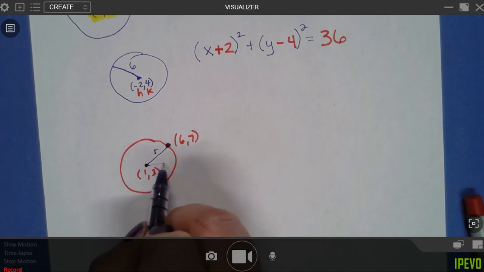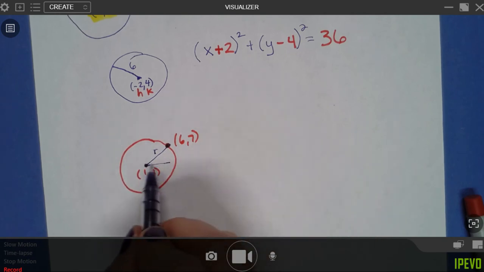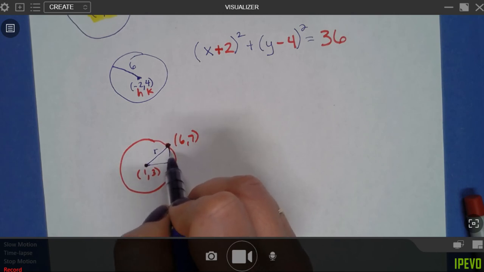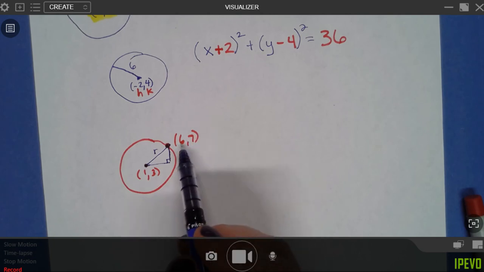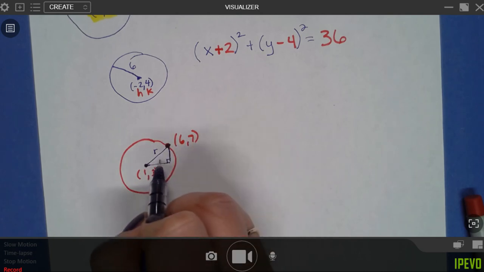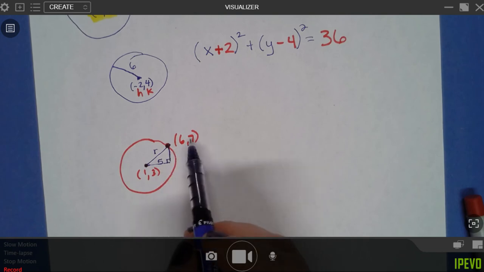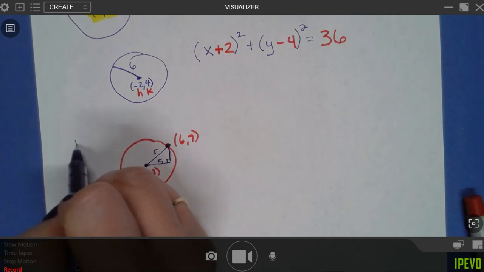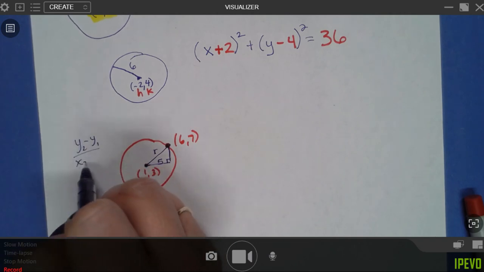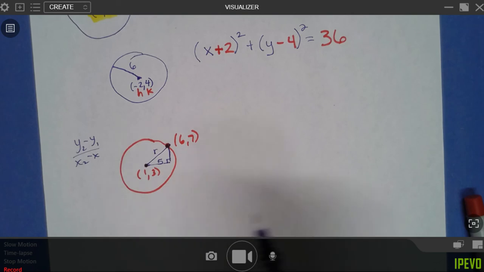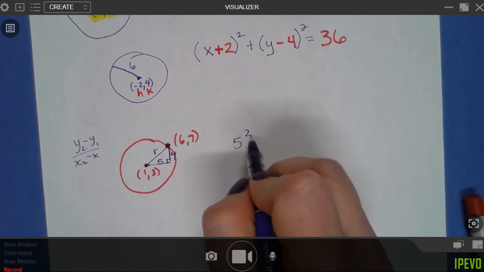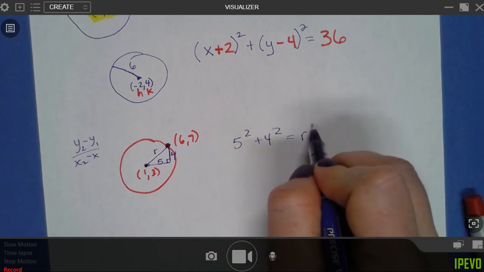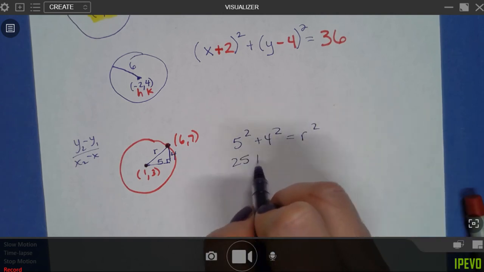You could say, what's my horizontal change? Because I could build that right triangle off the horizontal change and the vertical change. So to find the horizontal change, 6 minus 1 is a horizontal change of 5. Vertical change, look at the y's. Remember y2 minus y1 over x2 minus x1. Vertical change, horizontal change. 7 minus 3 makes 4. So we're going to go 5 squared plus 4 squared equals r squared. 25 plus 16